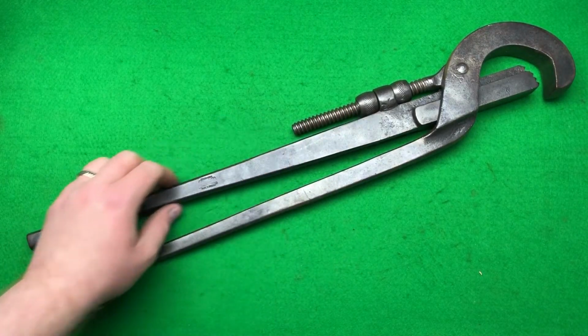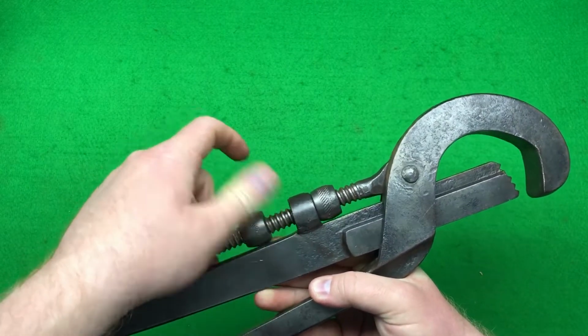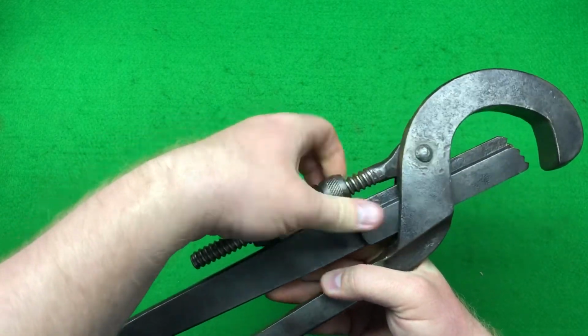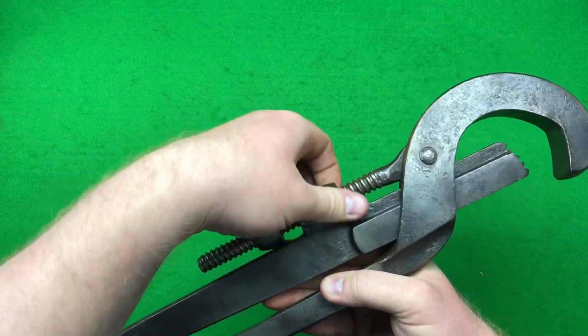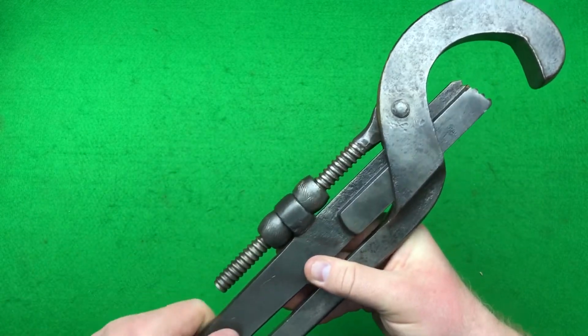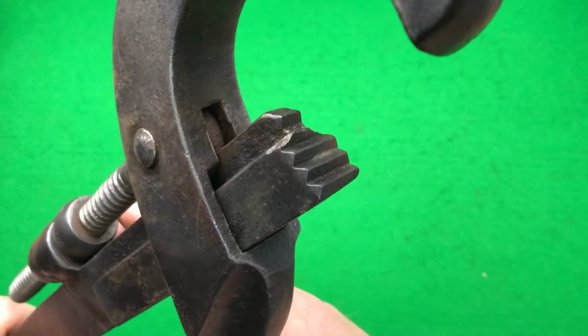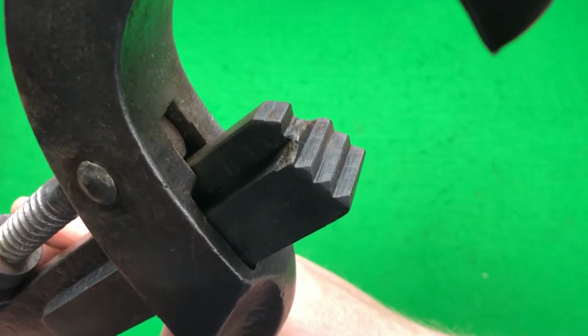It's beautiful. How it works is, obviously you've got the two nuts, so you have to lower that one, and then you've got to lower this one, and then when you're happy with your size, you tighten this one up so there's no movement. And then obviously you've got your teeth here, which have got a sort of a chip, but if you look at them teeth,